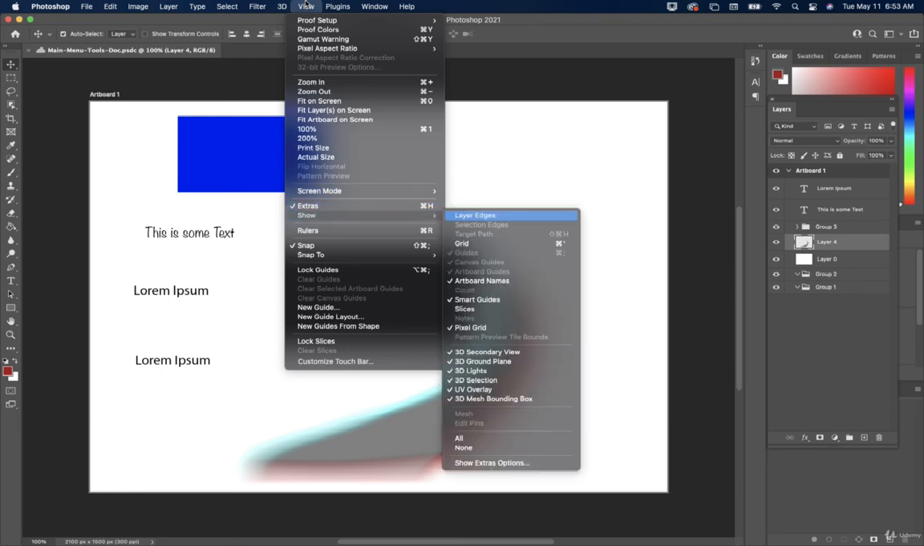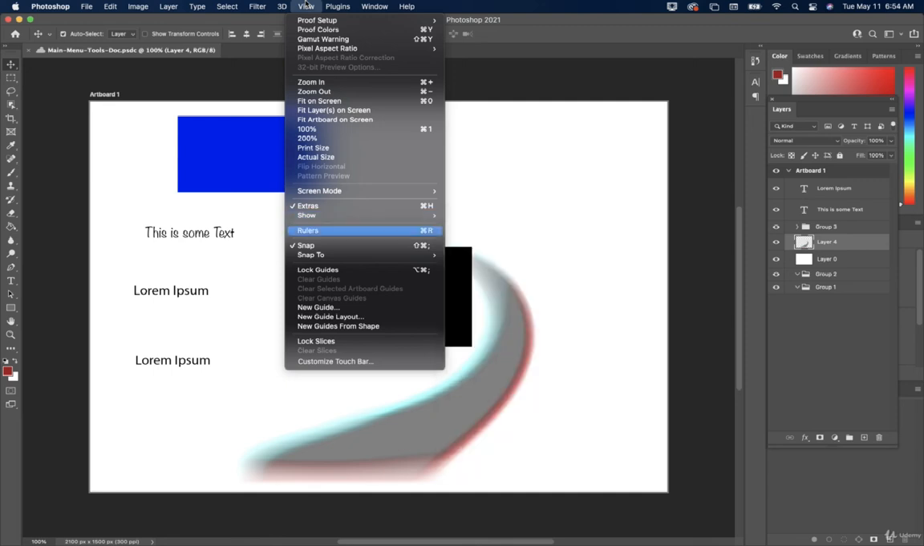Extras, show, so you got layer, edges, selection, edges, target path, grid, guides, canvas guides, artboard names, count, smart guide, slices, notes, pixel grid, pattern preview, tile bounds, 3D, secondary view, ground plane, lights and selection, UV overlay, 3D mesh, bounding box, mesh, edit pins, all, none, show extra options. Okay. Then you have rulers,